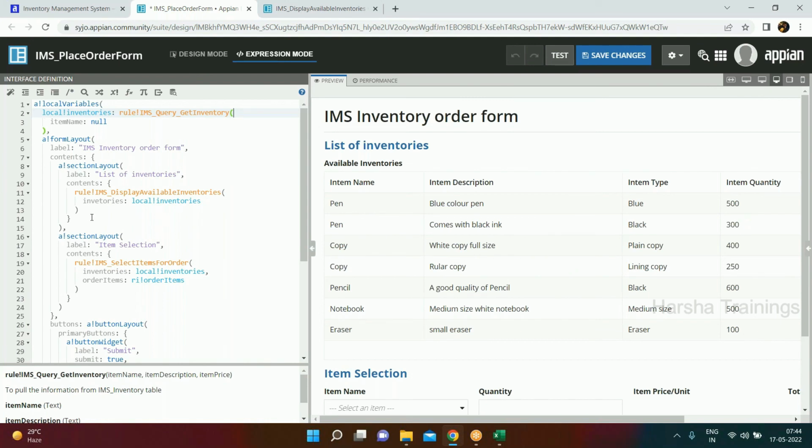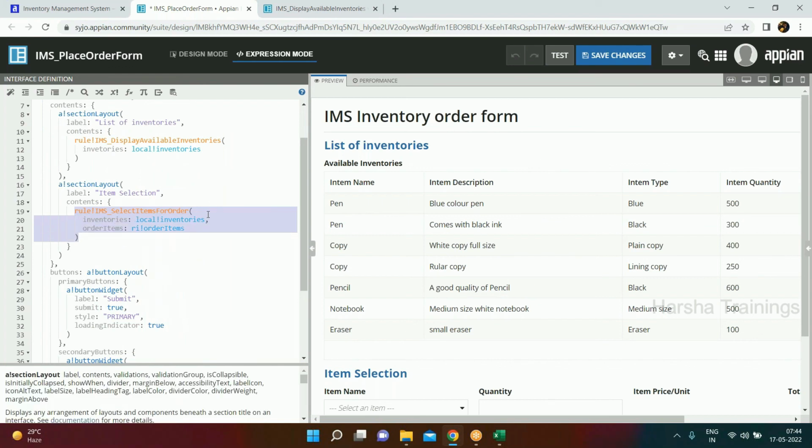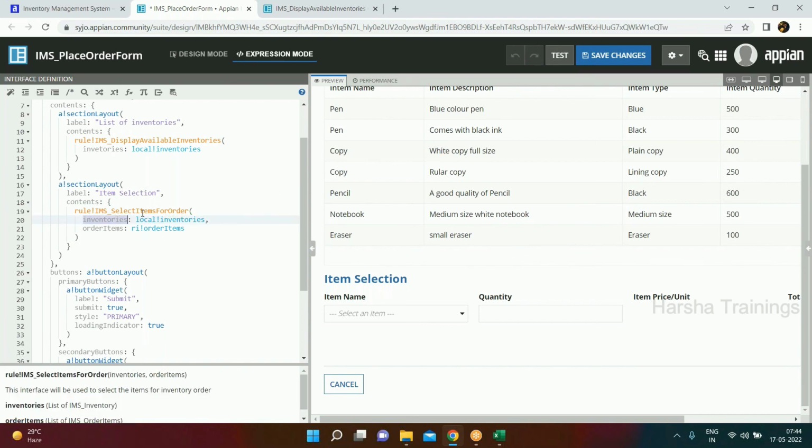In the same way, this interface we designed to place an order, I mean select an item, right? We are calling that interface at this level. So we are combining these two interfaces in one place. What is this about? These are two rule inputs. If you open this rule,